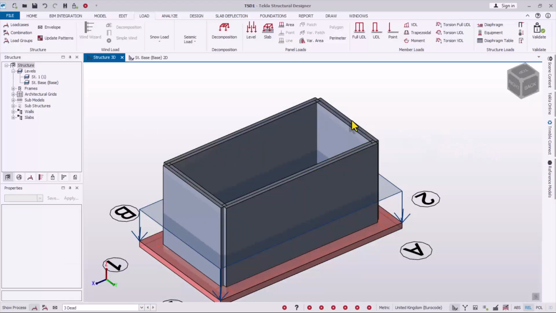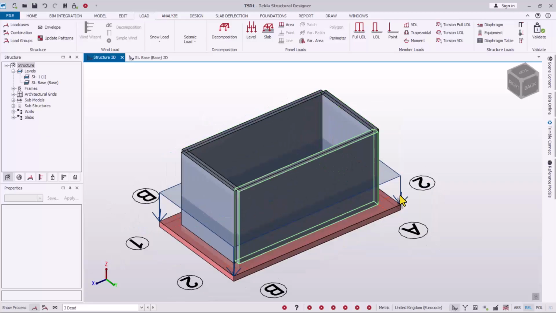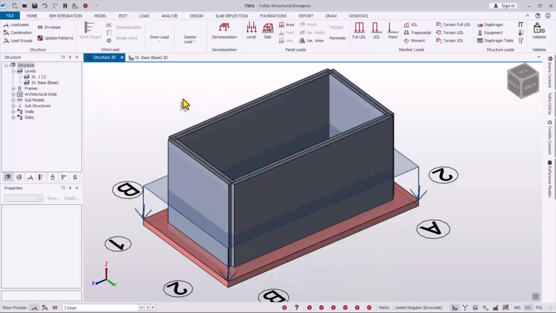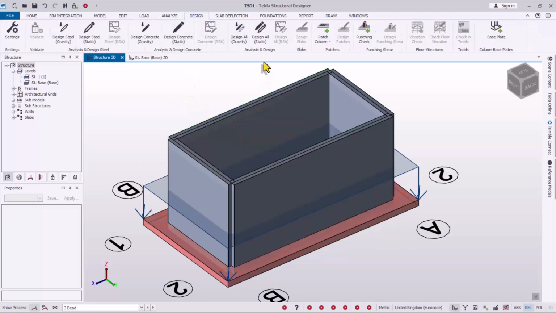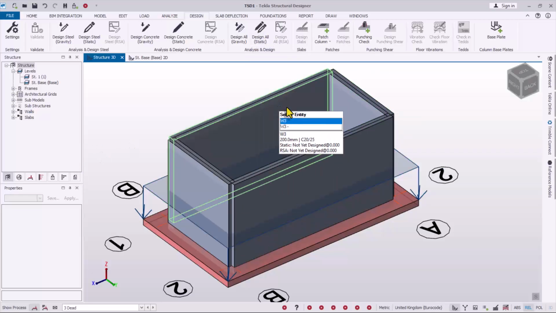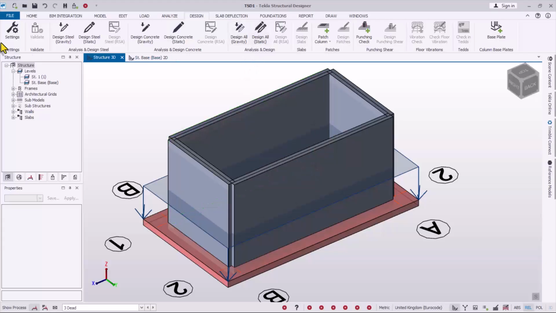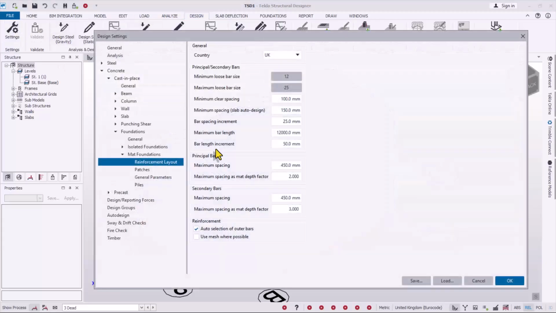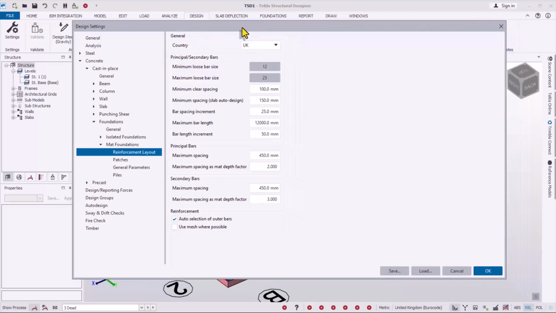So we proceed to the analysis and design of the swimming pool successfully. We use the design tab right there. This particular tab, design all statics, we actually analyze and design at once. Once you get here, you just need to come to settings under the design tab. In the settings property window, you can check the reinforcement arrangement right here, and then you can select and choose the minimum as well as the maximum reinforcement